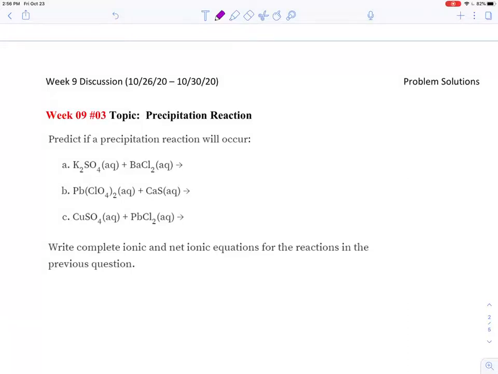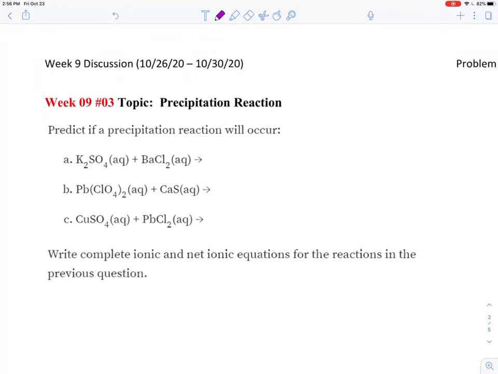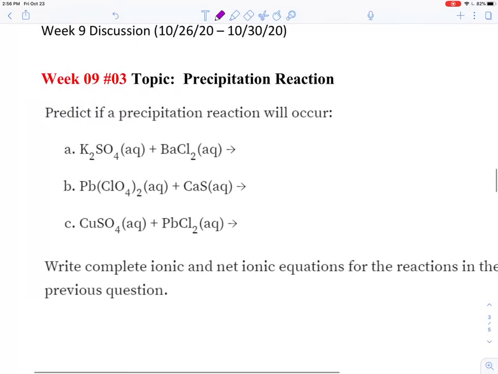This is number 3 of week 9, which is a precipitation reaction. All the ions are being dissolved, and these are all aqueous solutions. Once these compounds are dissolved, they will generate the cations and anions. There will be potassium cation and barium cations, and sulfate anion and chlorine anions,